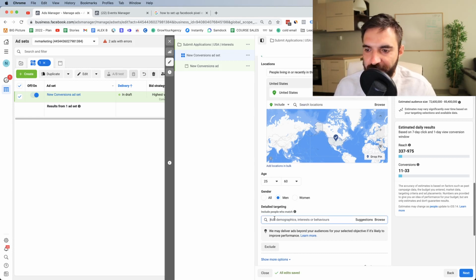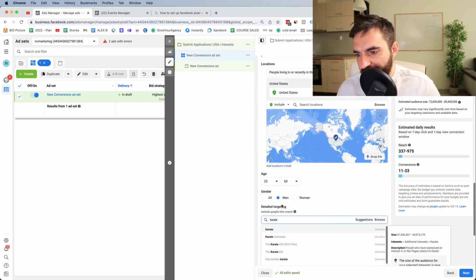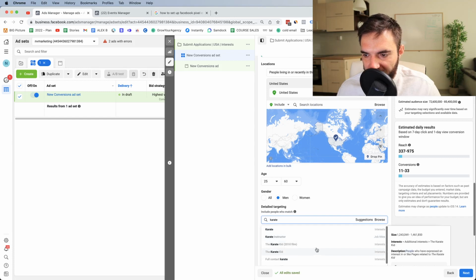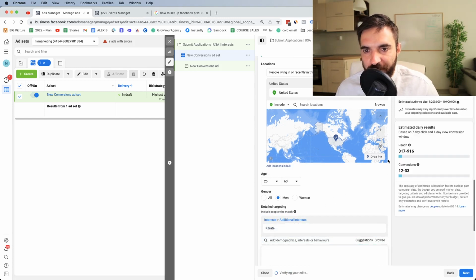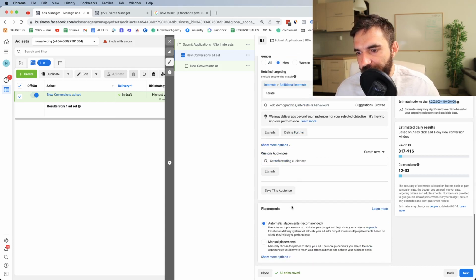I can target based on demographics, interests, or behaviors. And I want to target people who are interested in karate. Let's see if I'm going to see that. Yeah, I can target people who are interested in karate. I can target karate instructors. I can target people who like the Karate Kid movie. So I'm just going to keep it simple and I'm going to select people interested in karate. And I see that there are around 9 million to 10 million people interested in karate that are male between 25 and 60. Custom audiences, this is a little bit more advanced,